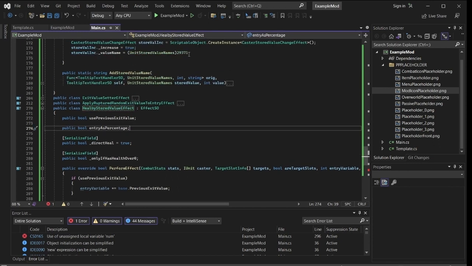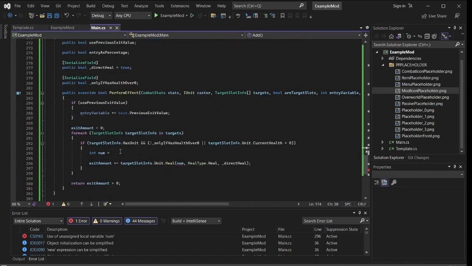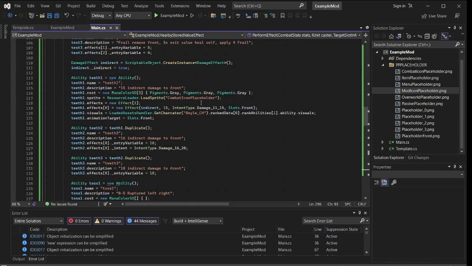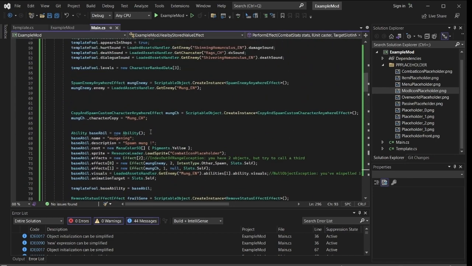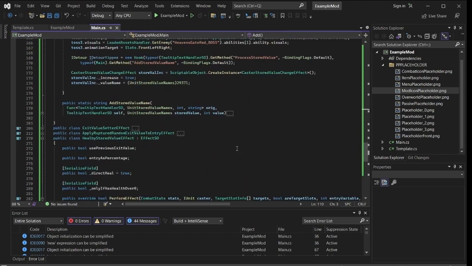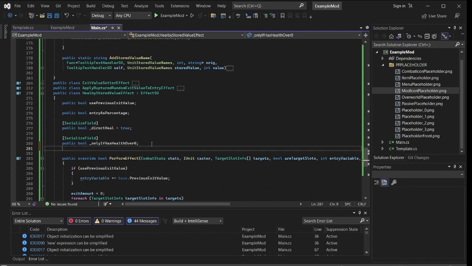So if we just want to use the stored value, this specific stored value for this one effect, we can use int num equals caster, that's the unit that's casting the ability, dot GetStoredValue, and this returns the number within the stored value, this line here. Then num is equivalent to the stored value's number, and we are healing by that number. But if you want to set the stored value number to whatever you want through a method like this or like this, what you can do is you can create